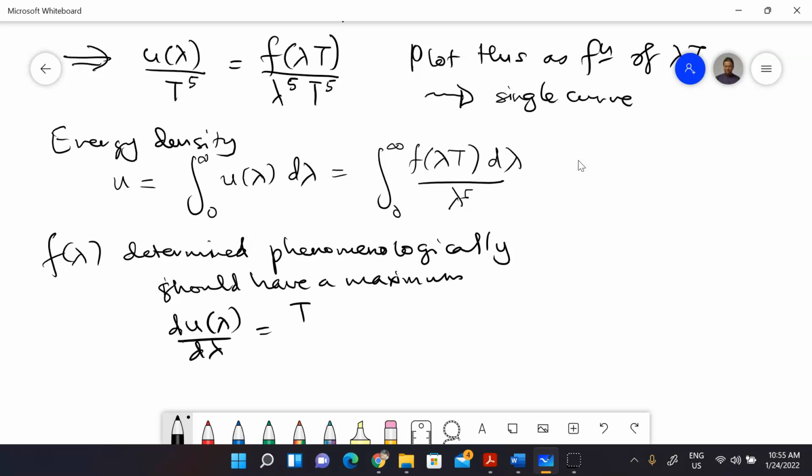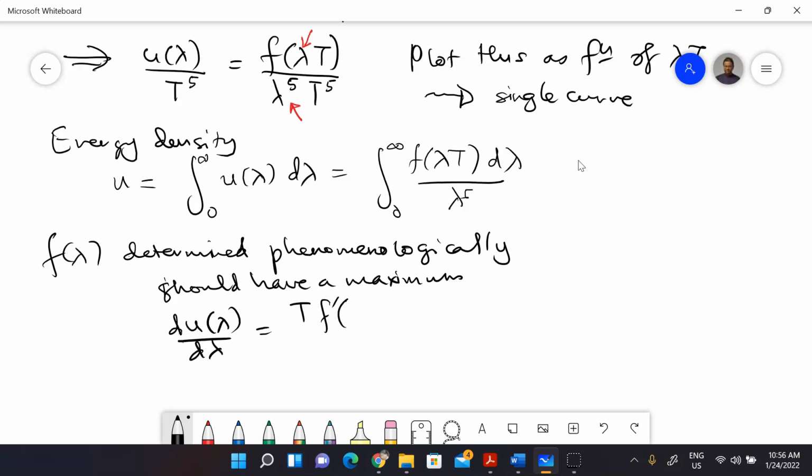Can you see my cursor, by the way? Somebody? So there are two dependence on lambda here. Let me just, yeah, there are two dependence on lambda here. So lambda over here, and then there's the lambda to the fifth over here. So if you take the derivative, then you get this two terms: